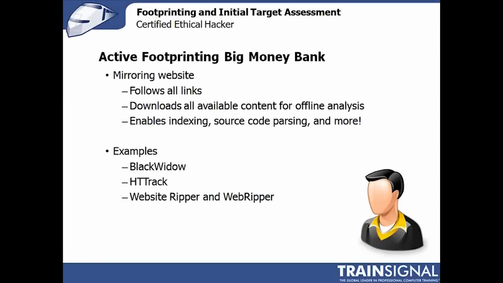When progressing from passive footprinting to active footprinting, one of the first things I typically do is go grab a copy of a company's entire website. In this case, Big Money Bank has a public website. Nothing wrong with going out and browsing around, looking at it manually. But I think it's a little bit easier if I just download the entire website to my hard drive,